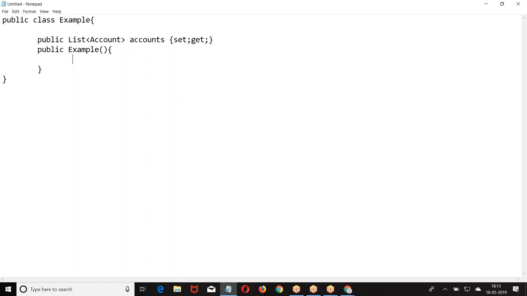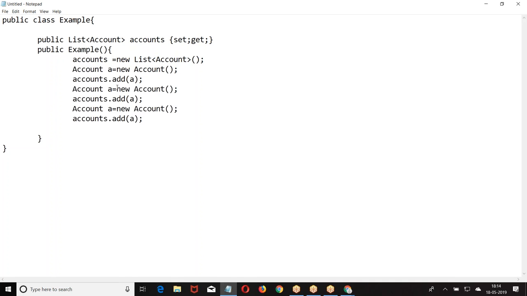Then what I'm going to do: account A equal to new account, accounts.add(A). This is the functionality. So what is my intention?